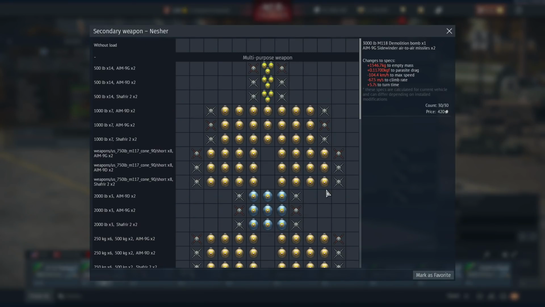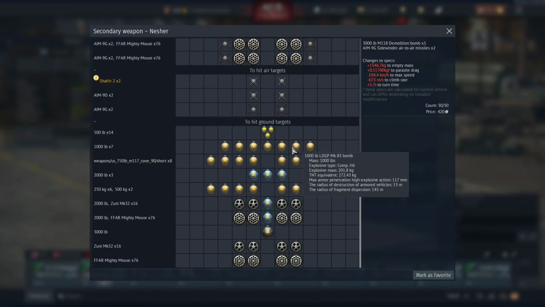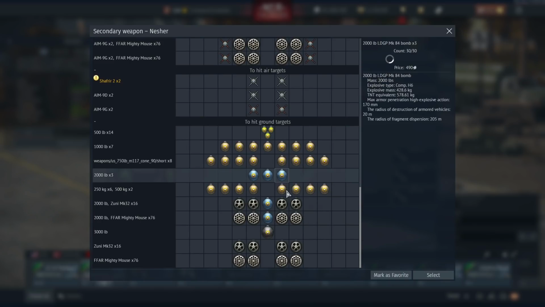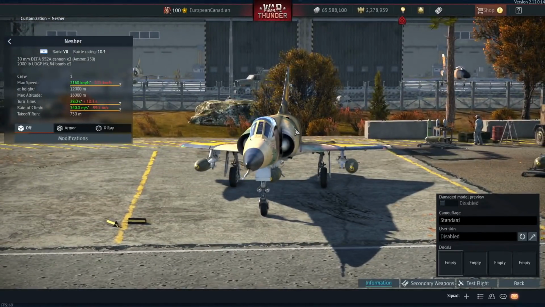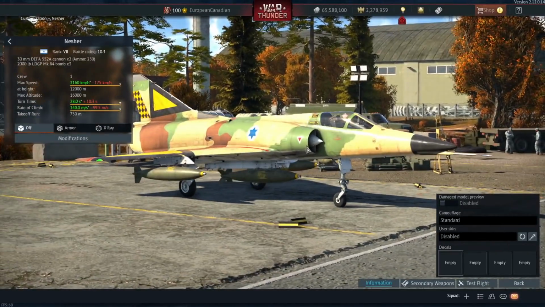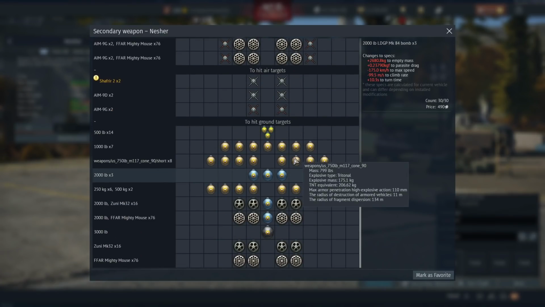But it does get access to a ton of different missiles, 9Ds, 9Gs, and Shafrir 2s, which I believe the Shafrir 2s will be stock. Then you get some 1,000-pound bombs. You also get the 750s from the Americans, the 2000s as well, and it also gets the 3,000-pound demolition bomb, which we only, I believe, saw before on the F3H. Now it's actually on a few vehicles, including the new F-105D. So you can bring along a bunch of 2000s, you can bring along a fighter configuration if you want, but